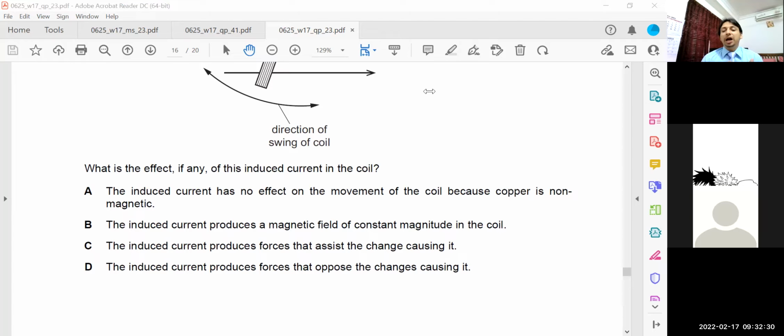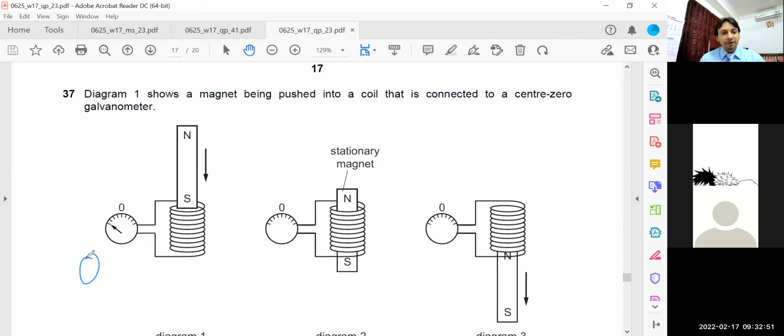Few seconds left, children. I think we will be able to complete the question. And 37, let's see if we can complete it. The diagram shows a magnet being pushed into a coil that is connected to a center zero galvanometer. Initially, the magnet is away from, meaning outside, the coil, and then see the